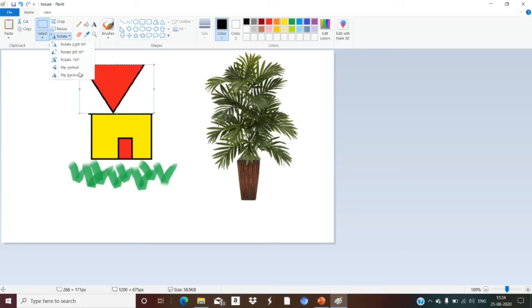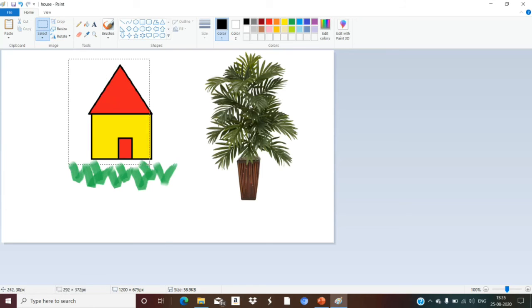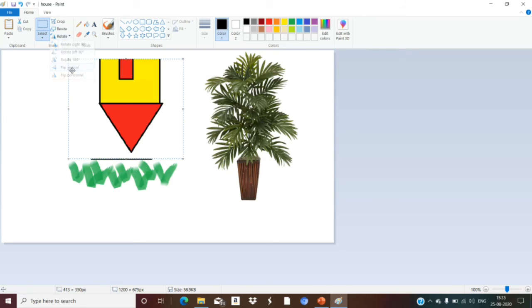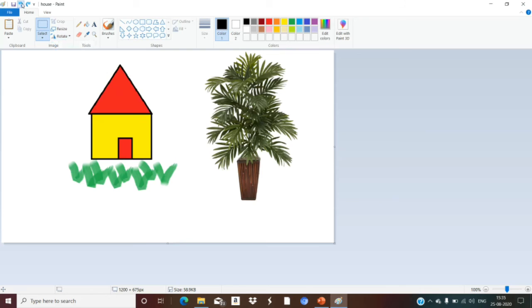The next one is flip vertical. Now, if I want to get the mirror image of it, I will just use flip horizontal. See, I will just show you once again. I will just select the whole image once again. Then I will just click on flip horizontal. I will get the mirror image of it. And if I click the flip vertical option, here you can also see, to get the mirror image we will just use flip horizontal or flip vertical. Okay, I will just undo the commands.